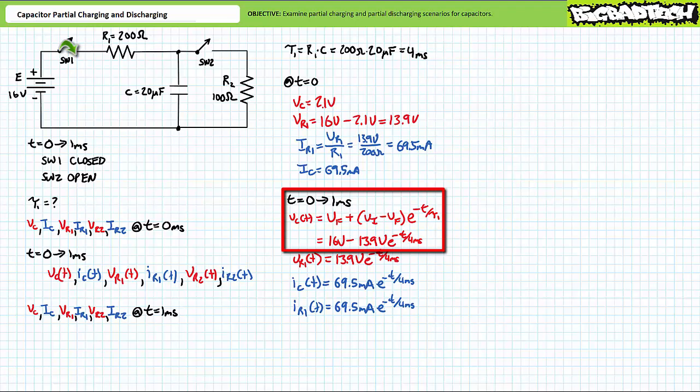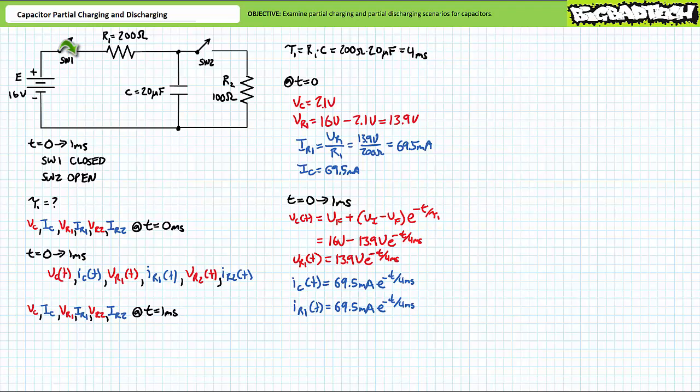Substituting in these given values, Vc of t resolves itself to its most simplified form as 16 volts minus 13.9 volts times e to the negative t over 4 milliseconds. If given a charge of sufficient length, in this case 20 milliseconds, we'd expect this capacitor to eventually reach 16 volts. However, we're going to interrupt the charge process very early, and as such, we might expect a much smaller